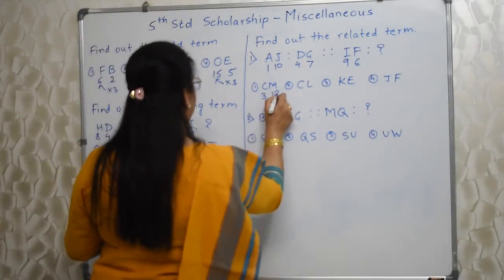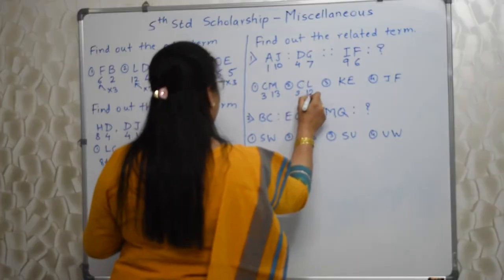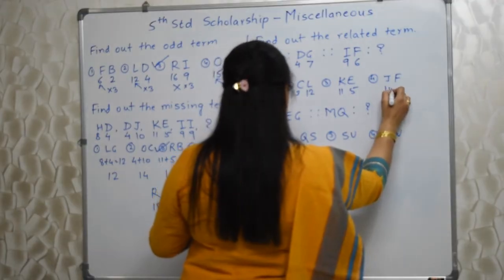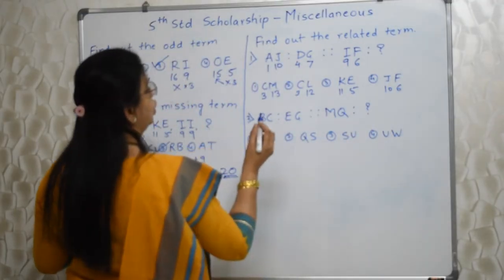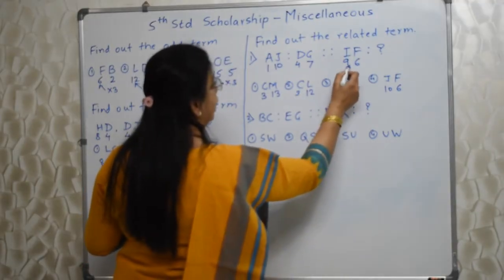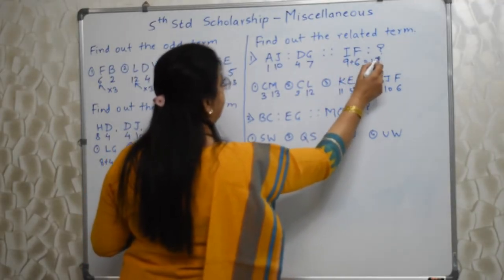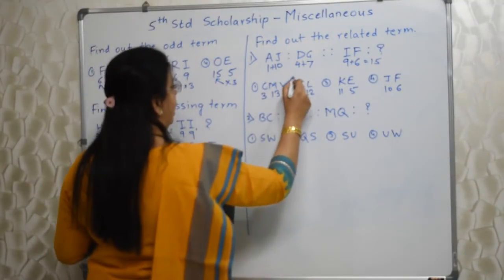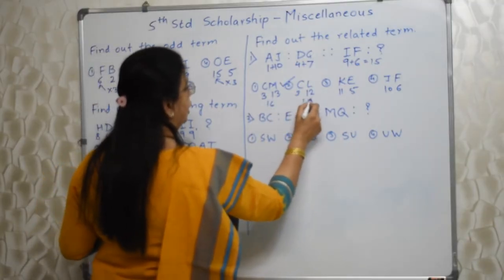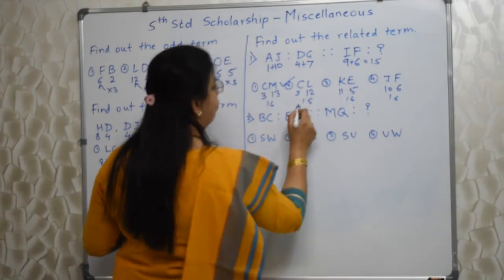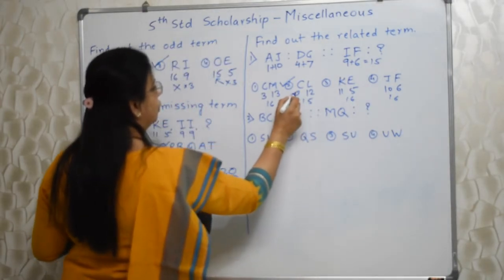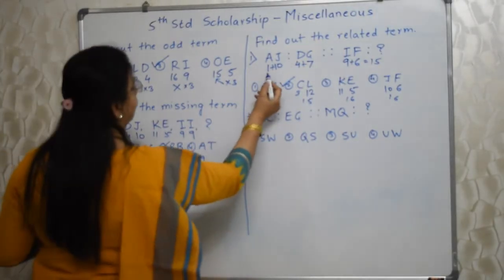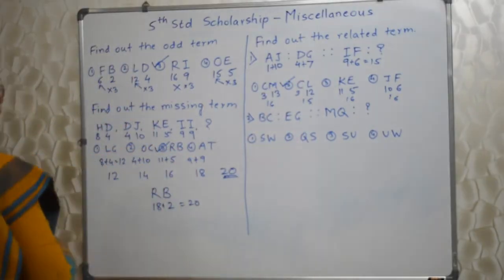C is 3, this is 13. This is 3, this is 12. K is 11, this is 5. J is 10 and this is 6. So see which one adds up to 15, because 9 plus 6 is 15, right? This we did addition here. So which one is that? CL, because this is coming to 16, this is 15, this is also 16 and this is also 16. We want something which is equal to 15. So CL is our answer. Isn't it easy? Basic addition has given us 2 marks, right?